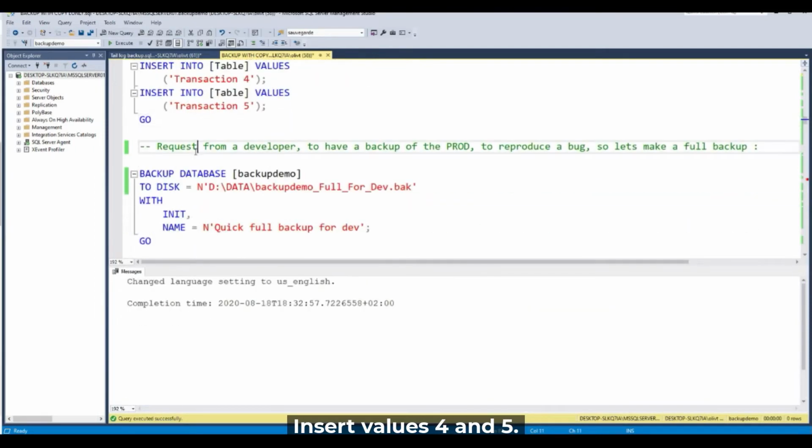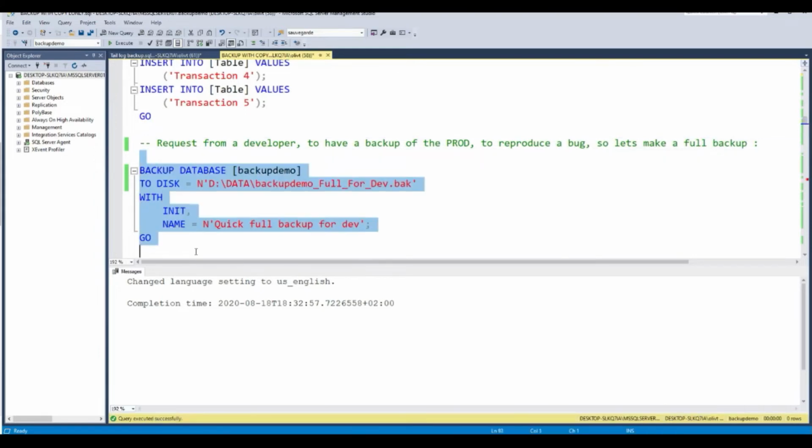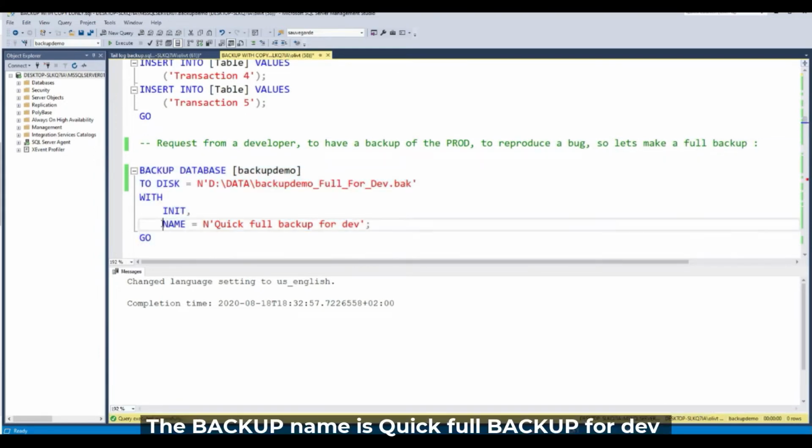Okay, it's good. So, request from a developer to have a backup of the production to reproduce a bug. So let's make a full backup in production. I call the name a quick full backup for dev.